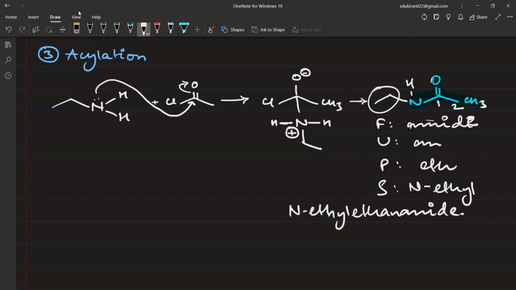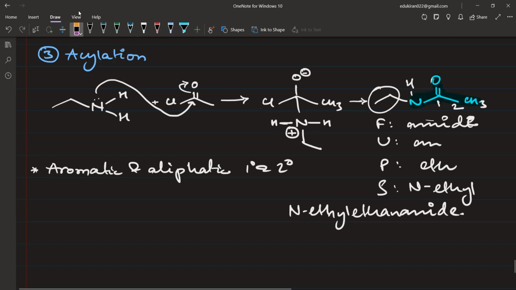Okay, please write here aromatic and aliphatic 1 डिग्री एंड 2 डिग्री, यानी हाइड्रोजन होना मांगता है, ठीक है ना, हाइड्रोजन नहीं है तो HCl नहीं बनेगा, दैट इज व्हाई हाइड्रोजन इज रिमेन इंपॉर्टेंट। फॉर द हाइड्रोजन टू बी प्रेजेंट यू कैन नॉट हैव 3 डिग्री, 3 डिग्री में हाइड्रोजन नहीं होता, ओके। सो aliphatic and aromatic 1 डिग्री एंड 2 डिग्री amines